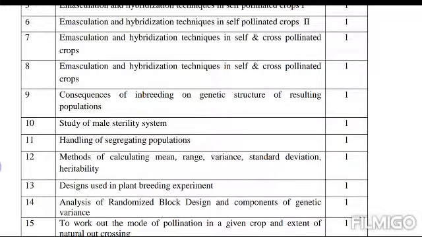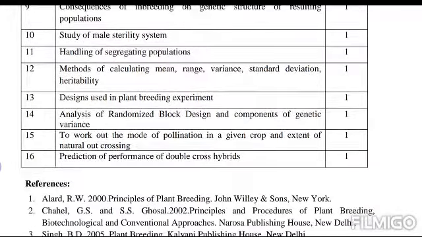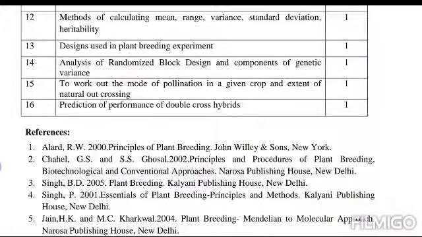consequences of inbreeding on genetic structure of resulting population, study of male sterility systems, handling segregating population, methods of calculating mean, range, variance, standard deviation and heritability, then designs or experimental designs used in breeding, analysis of randomized block design